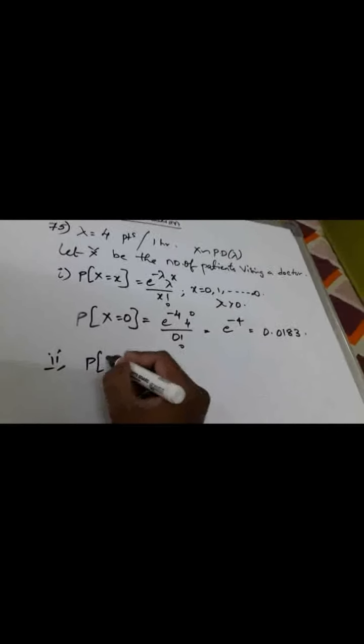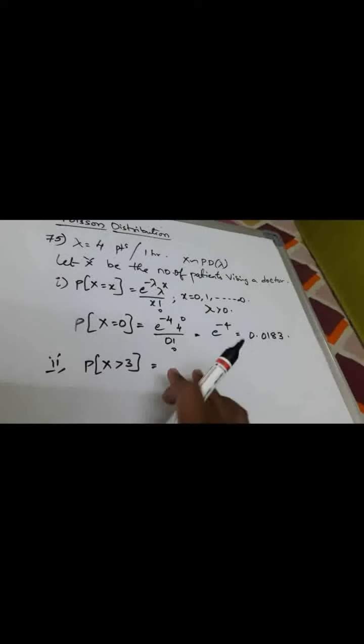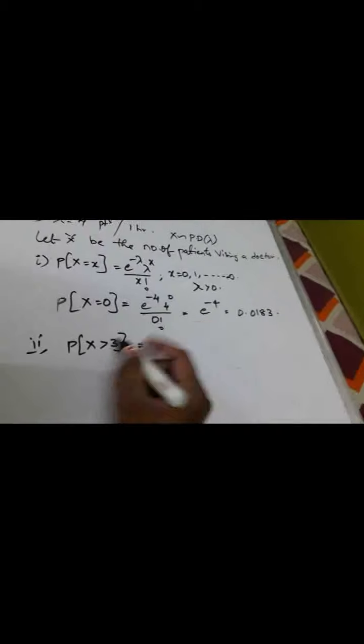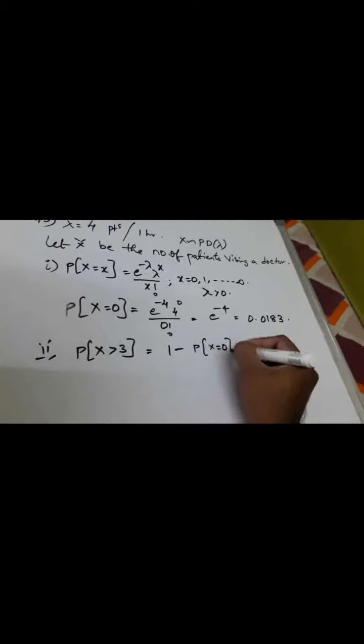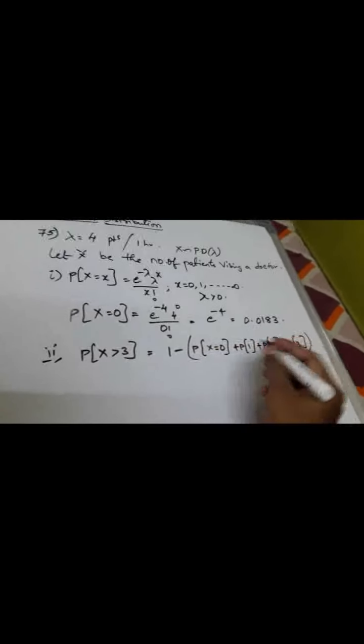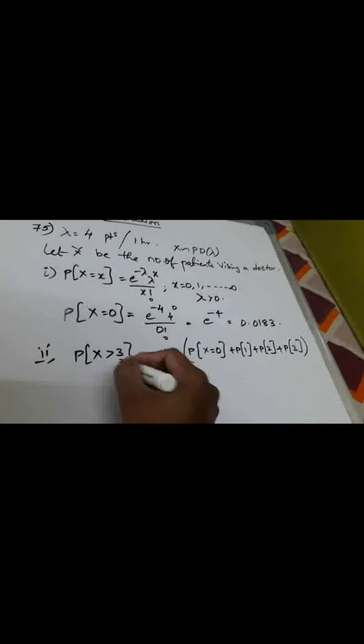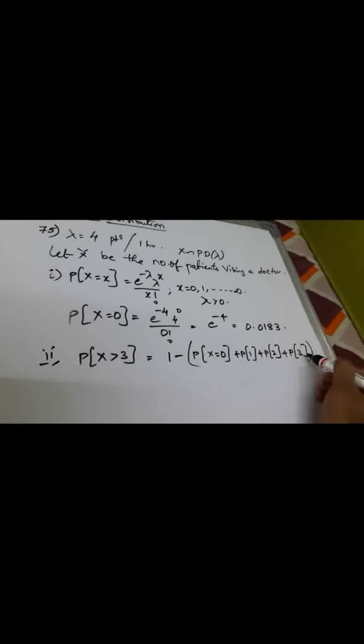Question number 2, more than 3 patients. Look here, guys. More than 3 means 4, 5, 6, 7 and so on, because we cannot fix the n term. That's why we are using Poisson. Here more than 3 can be converted to 1 minus of P of x equals 0, P of 1, P of 2 and P of 3. Why including P of 3? Here it is asked more than 3. It is not more than or equal to. More than or equal to means up to 2 you have to take. Now more than 3 means 4, 5, 6, that way, so up to 3 we need to calculate.